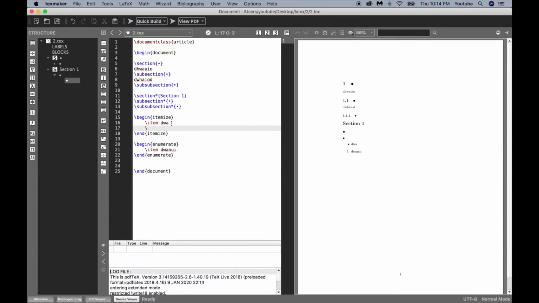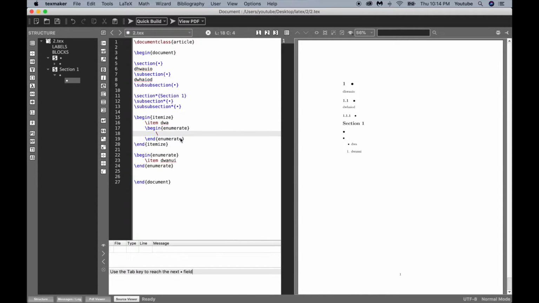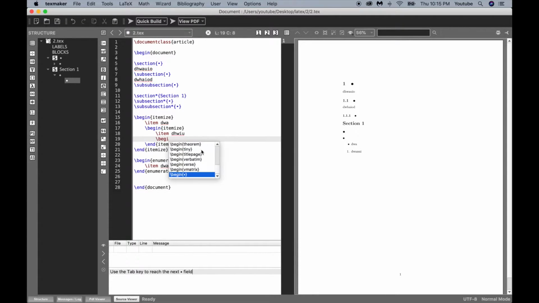And what you can also do is to add itemize, just to be consistent. You can add another itemize environment inside of an itemize environment. So you can do a nested list, and